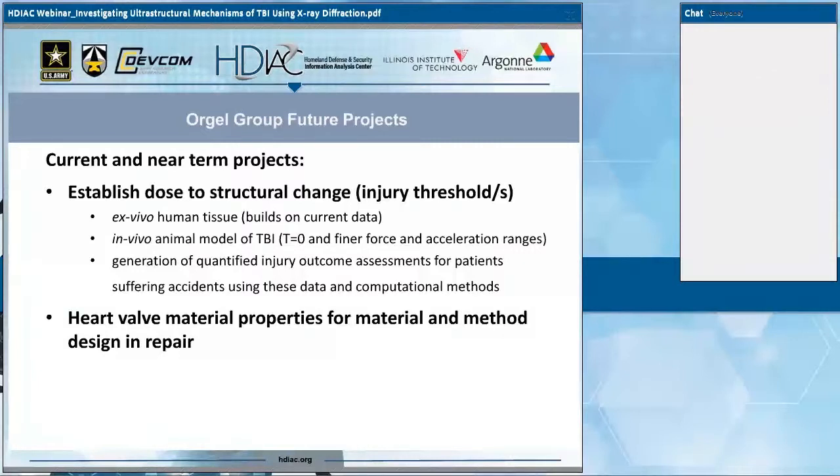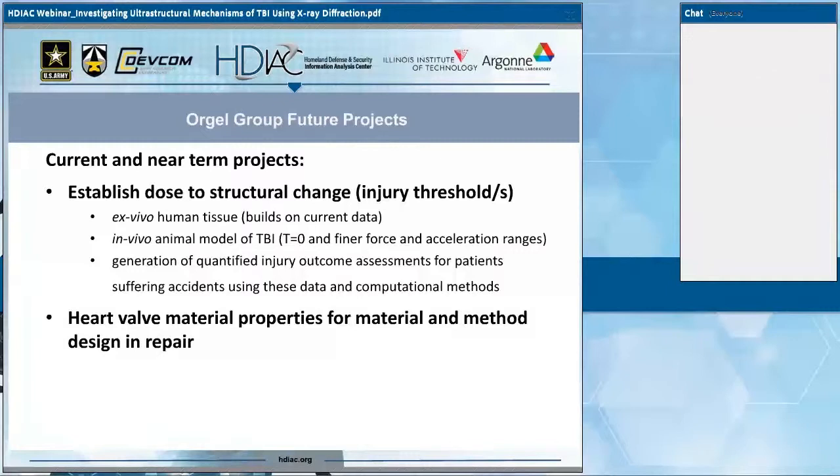So at the moment, we're continuing to work towards ex vivo human tissue data collection. We've been doing this using essentially the same X-ray methodology for human hearts, and if the reviewers of NIH smile upon us in the very near future, we will move on to the ex vivo human optic nerve work to translate that which we've done for the rodents to be more directly relevant to Homo sapiens, and